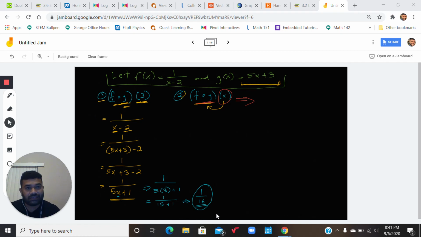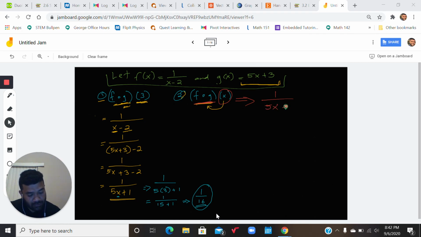So x is just the x-axis, any number from negative infinity all the way to positive infinity. Since we already solved for f of g in the first part of the question, we found that f of g is just 1 over